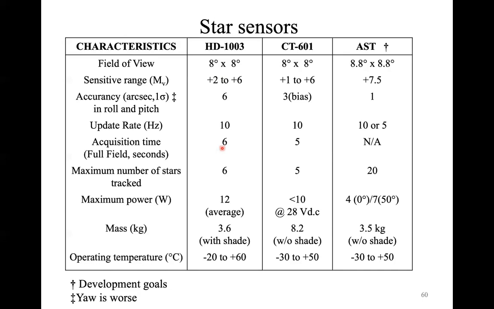The other important parameter that you have to take into account is the maximum number of stars. The larger the number of stars, the larger the computational operation that you have to do on your software. So you have to have software that is able to process that number of stars. But if you have a larger number of stars, as you can see, you can also have a better accuracy,